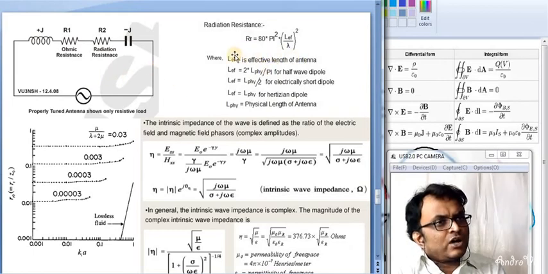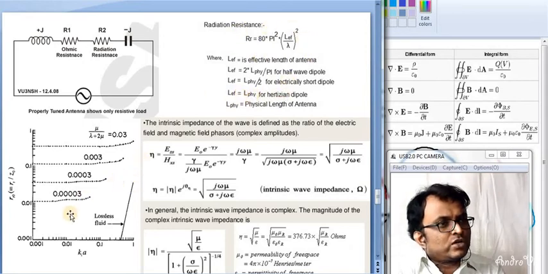Now, how is the radiation resistance calculated? As already told, it depends upon the physical size of the antenna, and for the lambda by 2 case the electrical short dipole antenna is not acceptable. Only for the Hertzian dipole antenna, the physical size of the antenna and the effective length of the antenna become the same, so that the radiation resistance can be easily calculated. The radiation resistance varies with the propagation constant and the length of the antenna; if it is good enough, the transfer of power will be good, and the ratio of input impedance and radiation impedance will change that way.